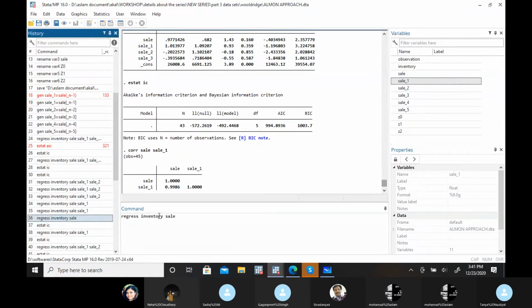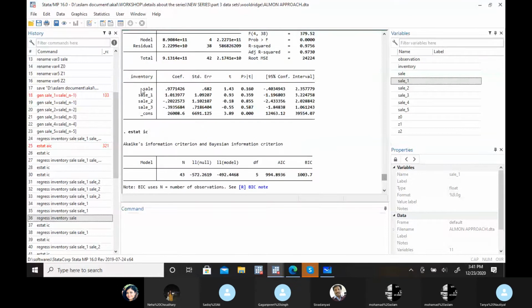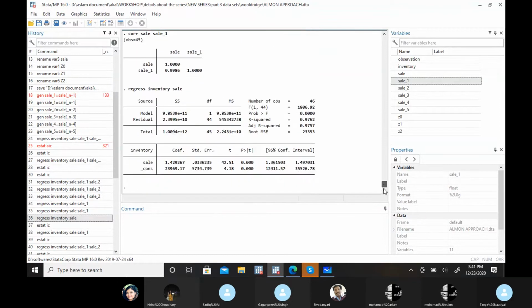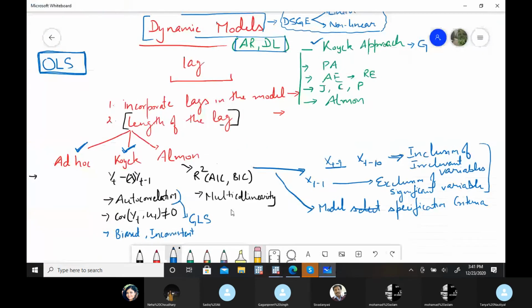If I run only inventory and sale, it is statistically significant at the 1% level of significance. But when we run it with the lagged values, it's insignificant. It's just because of this multicollinearity problem. So that's the one big problem with the Almon approach.